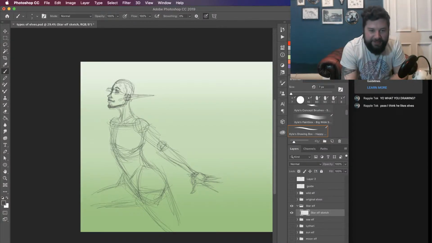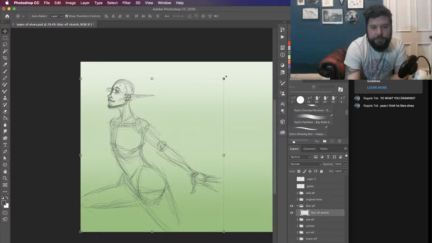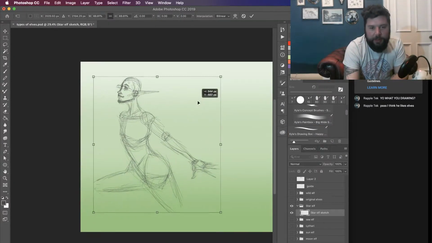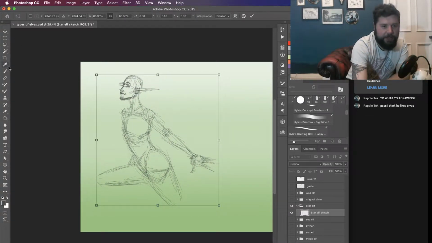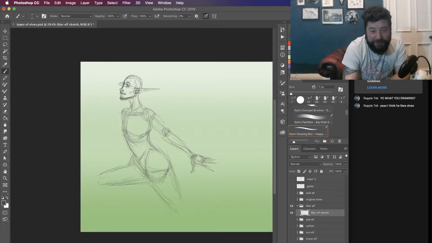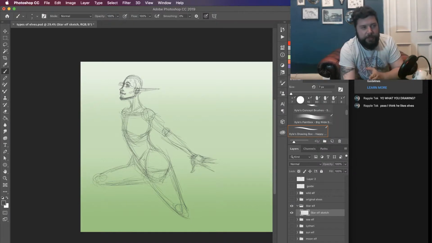I do like elves quite badly. I'm a little obsessed. I do get the luxury in this series that I've been working on, at some point at least, of drawing every single one of my old elf characters, which, as it turns out, there's a lot more than I even thought there were. And God, they're edgy, because it was all peak player D&D, which is when I was a teenager. So God, they're edgy,